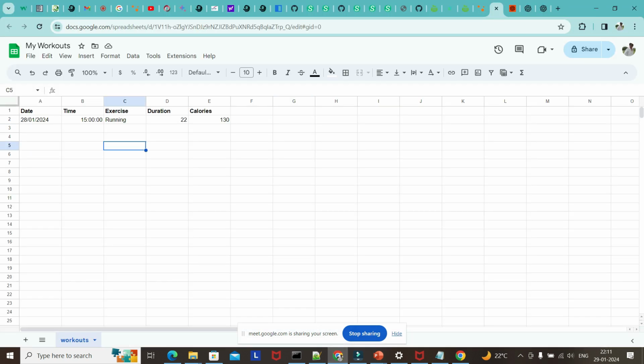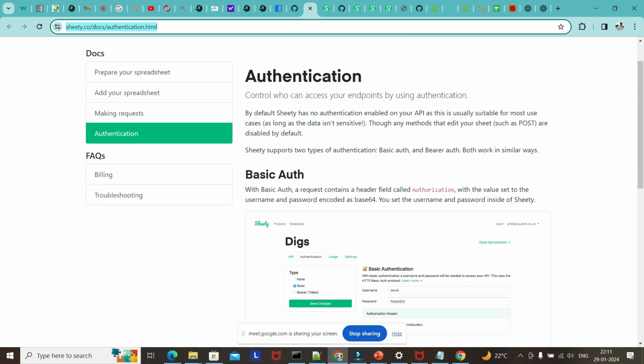Okay, so this has date, time, what exercise you are doing, duration, and calories. Generally, when we give some input, our endpoint will update the workout sheet automatically depending on the current date and current time, and whatever input we have given, it will be updated automatically. So now the next step is